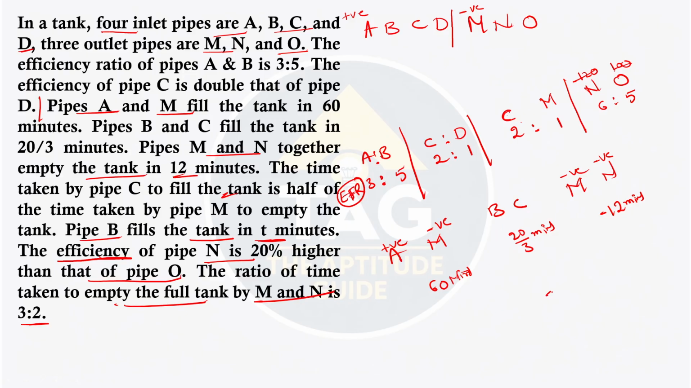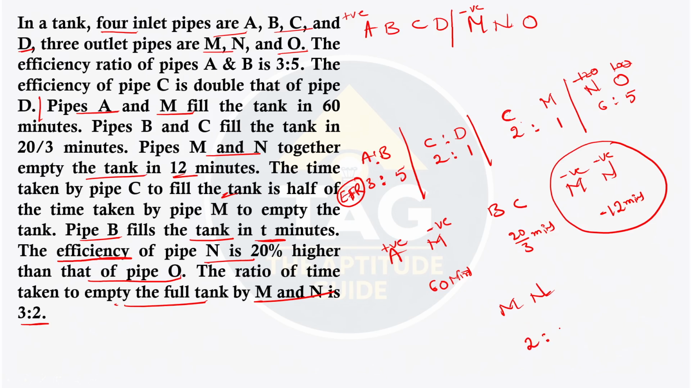So previously you were given some information about m and n. Again you are given information about m and n. Let us try putting these two things together. I think this will work for us. This will help us now. So m and n days ratio being 3 is to 2. So the efficiency ratio will be